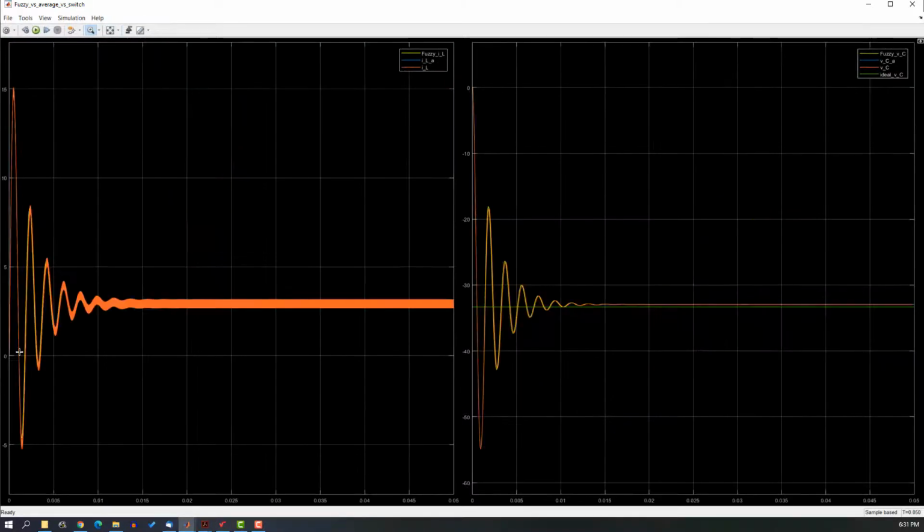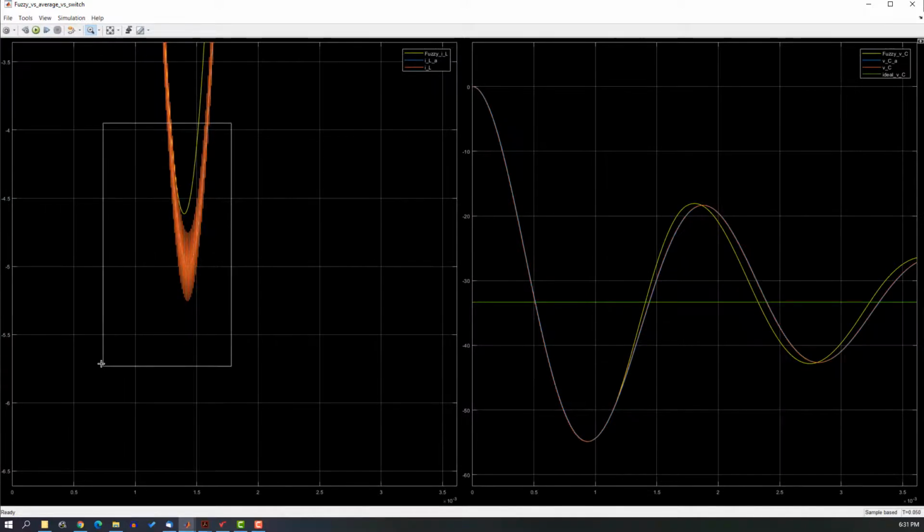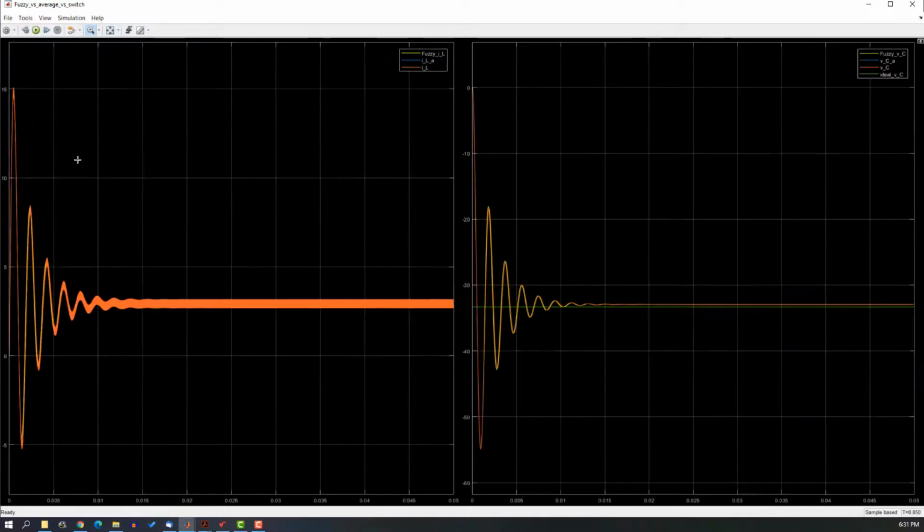Not 100%, but very close to the real model. So by using the fuzzy modeling, you can spread your model by a set of linear functions,